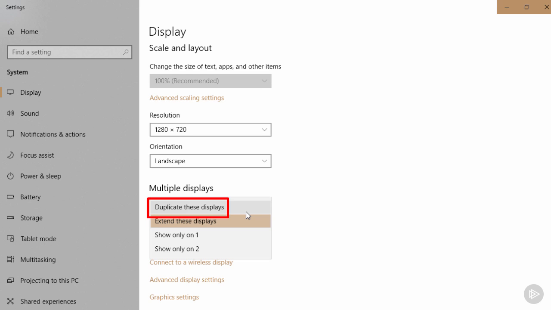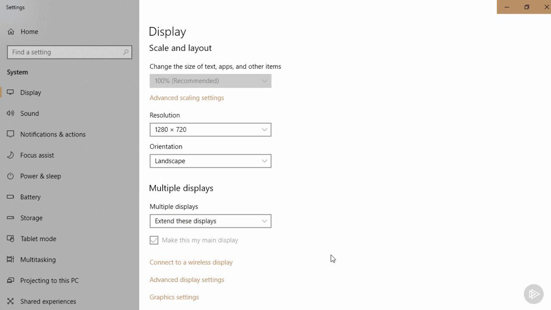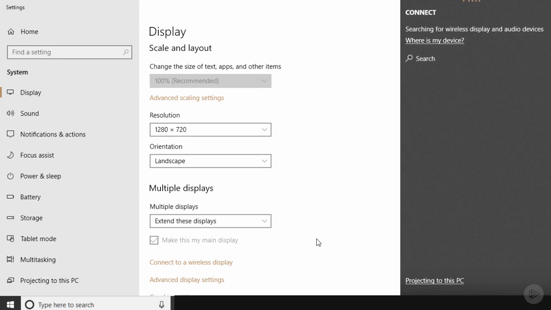This would be useful if you were doing a presentation and your laptop was hooked up either through wires or wirelessly to a projector. So whatever you're doing on your screen would be duplicated on the projector device. We've also got a number of other options here to connect to a wireless display. When I choose that, I get a bar on the right where it's searching for wireless display devices, but I've